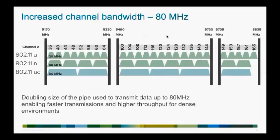Now, we started off by looking at channelization with 20 megahertz channels, 23 available in the 5 gigahertz band. If we increase that from 20 to 40, and now from 40 to 80, we'll see that there are quite a bit fewer 80 megahertz channels that are non-overlapping in that 5 gigahertz band. But there still are a fair number. You'll see there are 6 that are shown here,